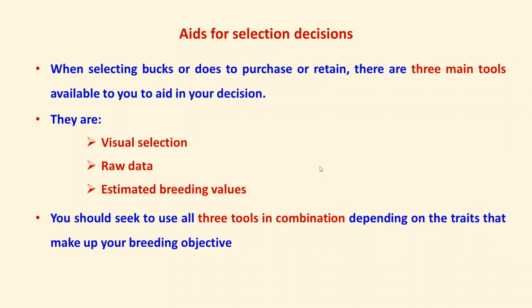Why? Because the formula of estimated breeding value asks for the heritability of the trait first, meaning you have to know the heritability of the trait first. You have to calculate the heritability of all the traits you want to improve. Then you need a large amount of data. So though estimated breeding value is very accurate,